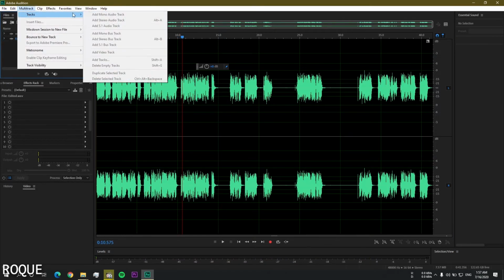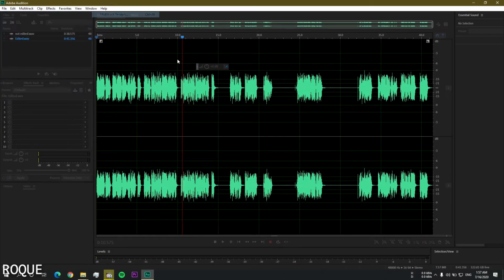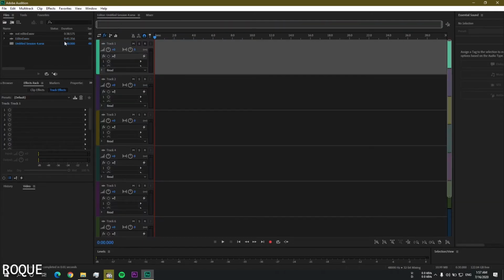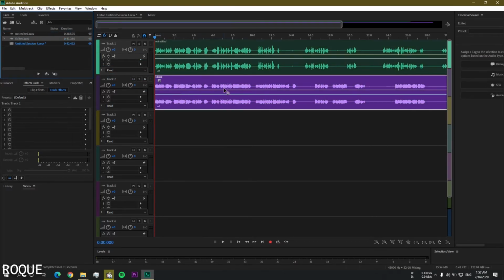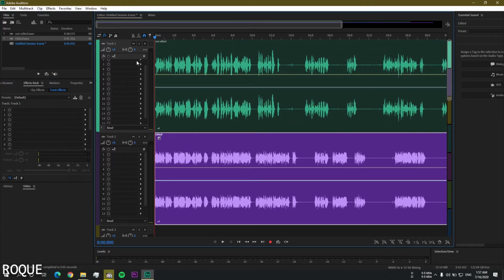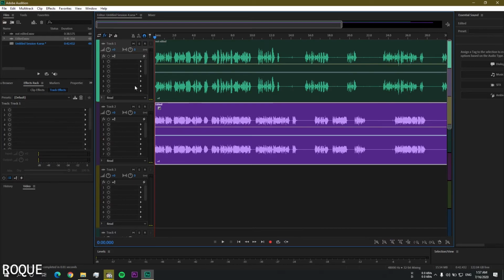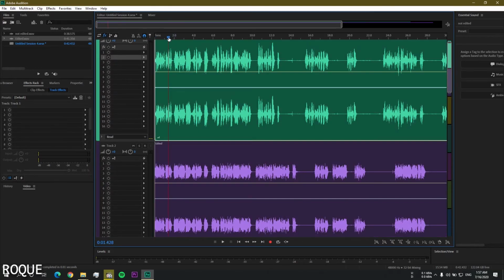And now the next is the multi-track. So I'm going to show you just a basic introduction to a multi-track, and I will tell you the details of multi-track in the next video. So you can see it, you can also enable the effects or disable the effects, increase, decrease the value, but you need to split the audio by pressing Ctrl B.